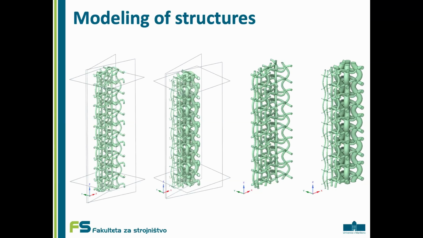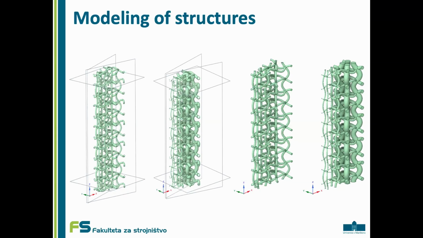Then we had to clean the models up a bit with these planes that we created. The vertical planes were used to create 1/14 of the entire structure, and so we have nice planes on which we will later put the boundary conditions and loads. The horizontal planes were used to give us a place to put the loads. So we end up with a structure that is 9 unit cells tall and 2 unit cells wide, or 1/14